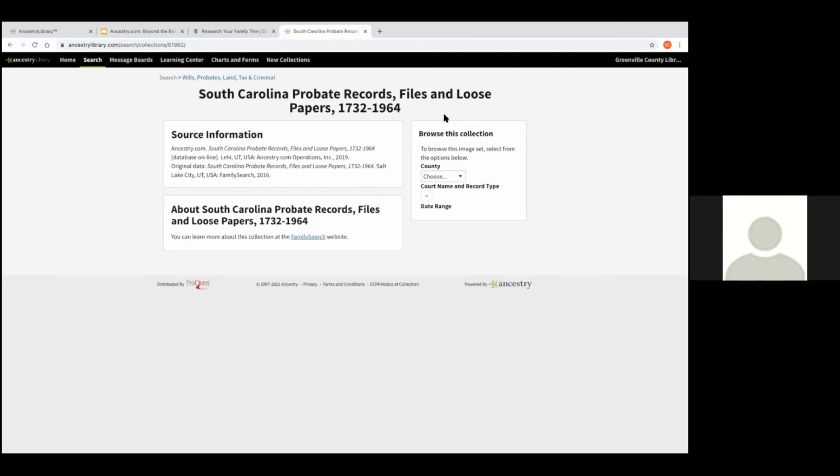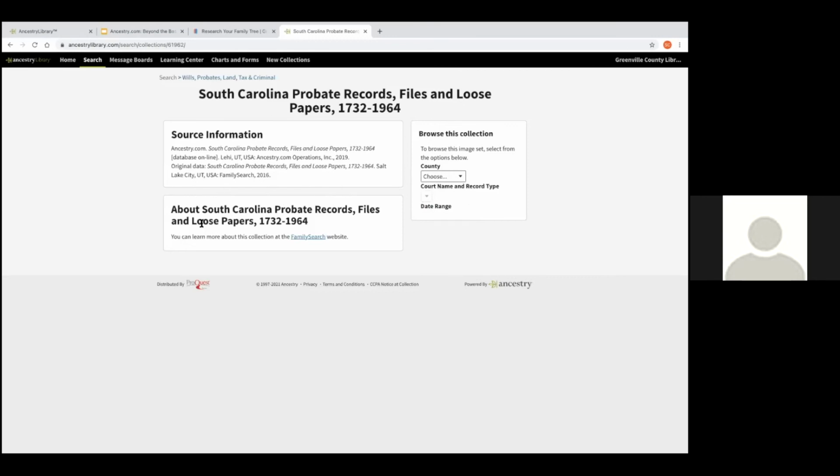And then over here, you will see this, browse this collection. Usually you'll have this, and then you won't be able to search, but you'll be able to go to these little drop down buttons and choose different selections and then browse the image. One thing I like to do, because these vary wildly about how they're organized, is try to figure out, how is this record set up? What exactly is this record about?